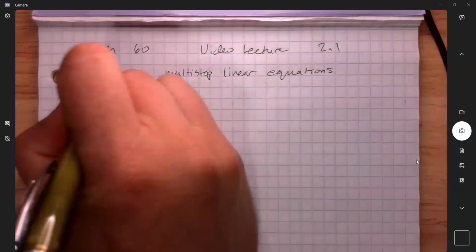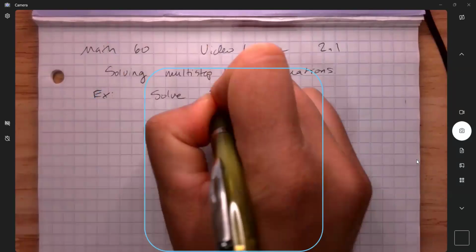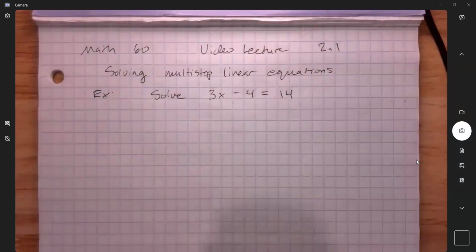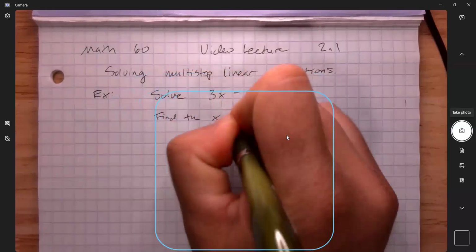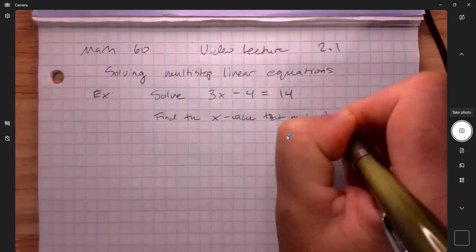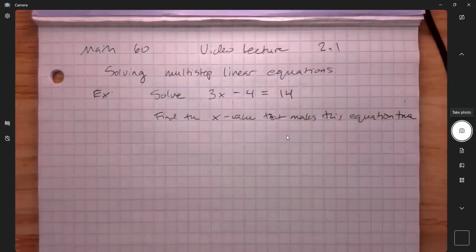So let me start with an example. We want to solve 3x minus 4 equals 14. And when I say solve 3x minus 4 equals 14, what I mean is find the x value that makes this equation true. We've done this a little bit. We actually did it in earlier videos. In fact, the video I just recorded, we did this, but now I'm going to lay out the steps a